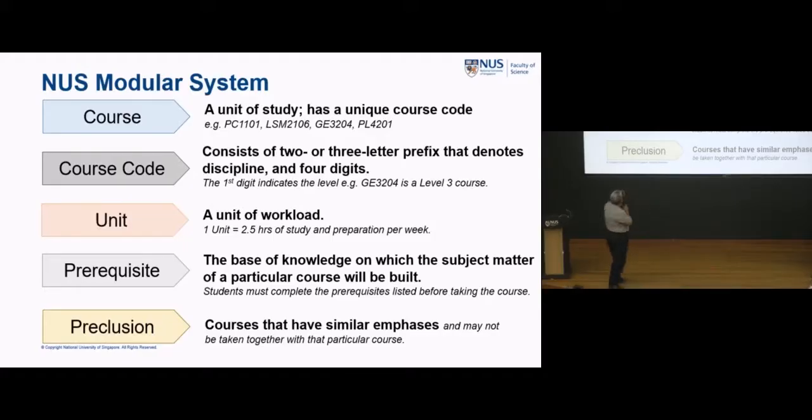For example, all your courses have got some code in front. This is PC. PC means it's for physics, for example. So the first few letters are always about which major this is from. LSM is the life science ones and so forth, right? But you will also see there's not just a series of numbers. There is a meaning in the number.